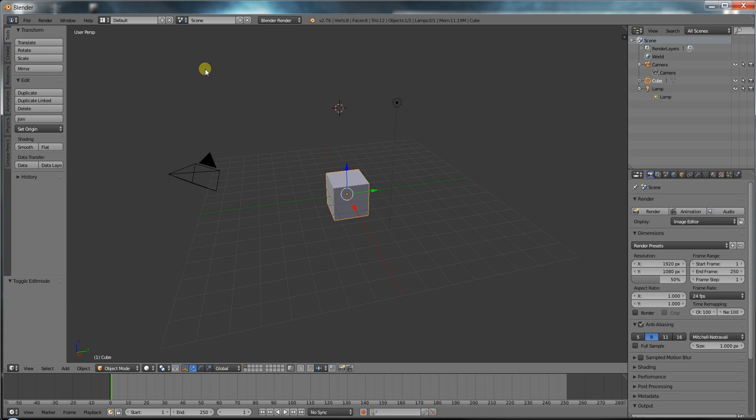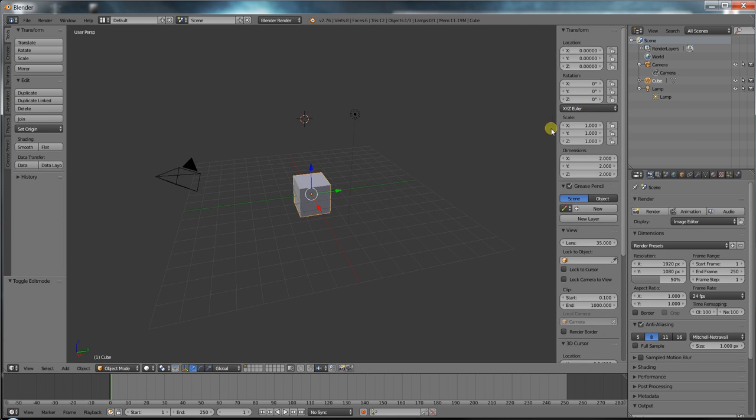This 3D view has two panels that are helpful, that are accessible with T and N. T is this left panel, and N is this right panel. These panels will show you locations and scales of your objects. So, for example, our cube here is located at 0, 0, 0. It's the intersection of the x, y, z coordinate, and you can see its center is this yellow thing, and